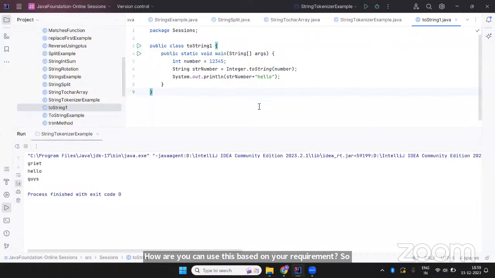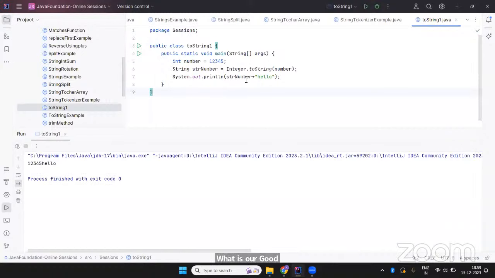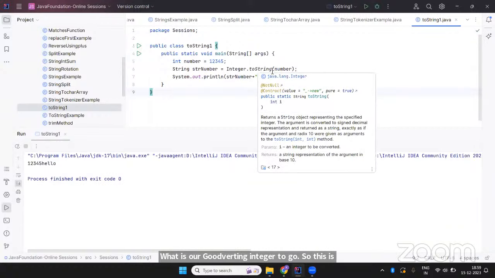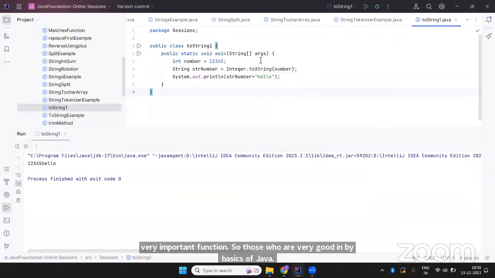Then this also already we discussed many times. So what we are trying to do, are we trying to convert it into string or are we trying to convert it back to the integer? What is output you're getting here? Converting integer to string. Yes. So this is also very important function. So those who are very good in basics of Java, they will always use this function